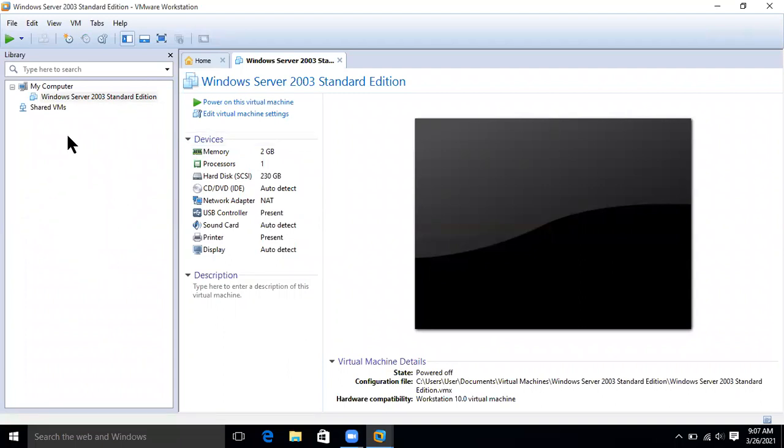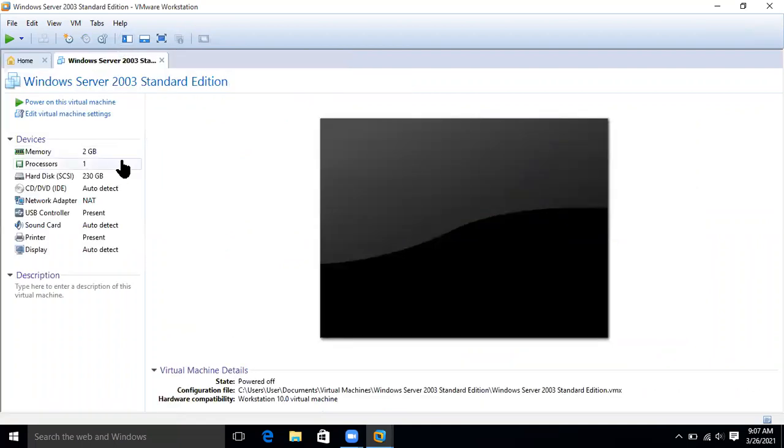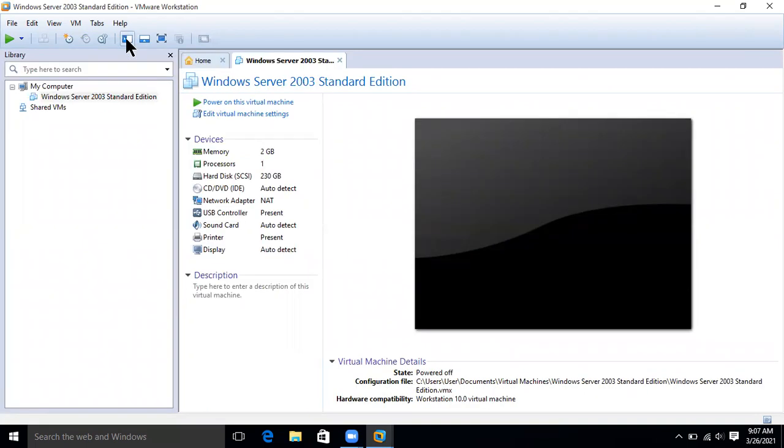See this pane, this window. It will be like this. But do not worry. Just go like this and click on this. Now I have completely shut down my VMware, so that is showing power on this virtual machine.